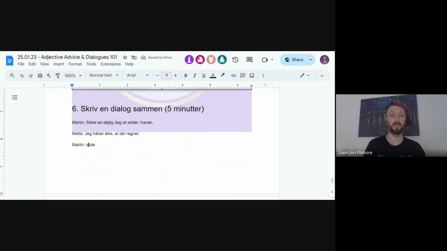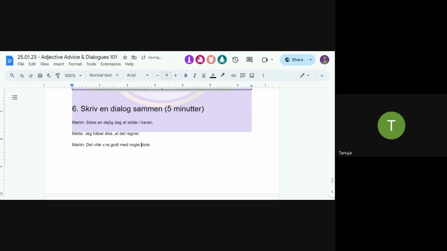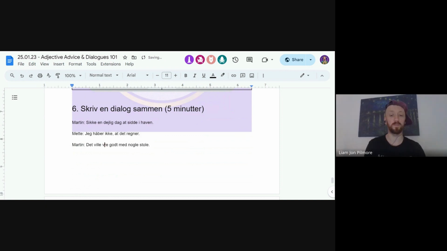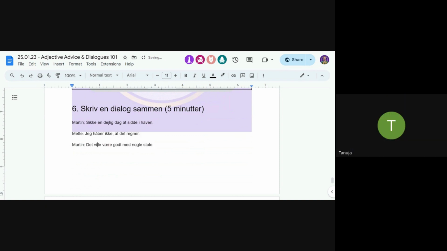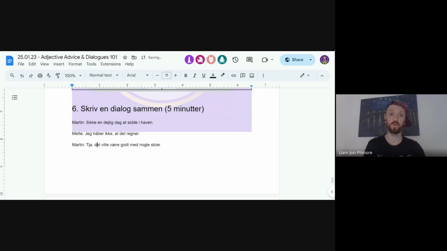Ja. Det ville være godt med nogle stole. Yeah, selvfølgelig. Yeah, præcis. It would be good with some chairs. Something to sit on. Ja, det ville være godt med nogle stole. Noget at sidde på. Ja, præcis. Nu vi kigger på. Ja. Mette, Mike, hvad siger Mette så?